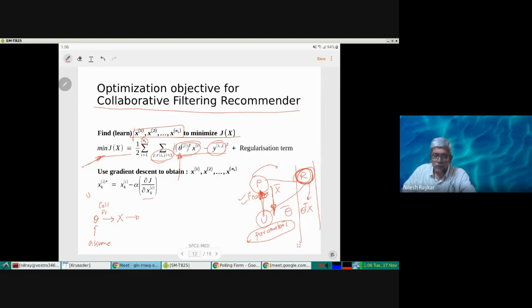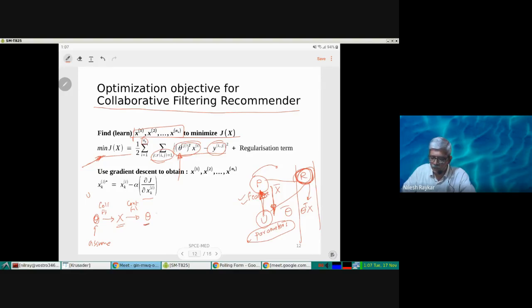Now you use content-based filtering, the algorithm which we talked about at the beginning of the class. In that case, from X, that is the book features, one can obtain the user preferences. This will be better than our random assumption, because we are already minimizing the error terms in this case. So this will have a further smaller error. That means a better refinement in the prediction of theta.